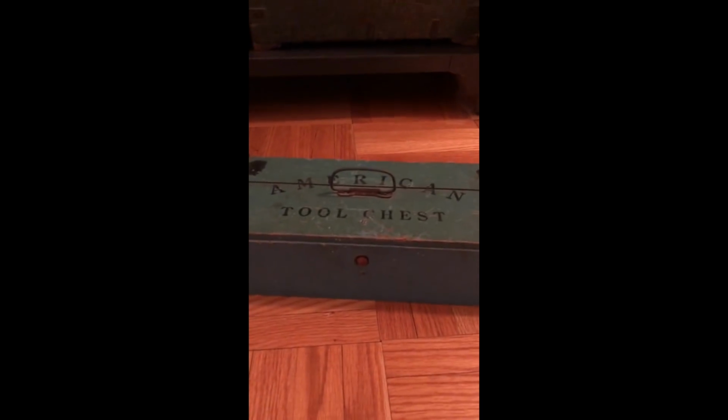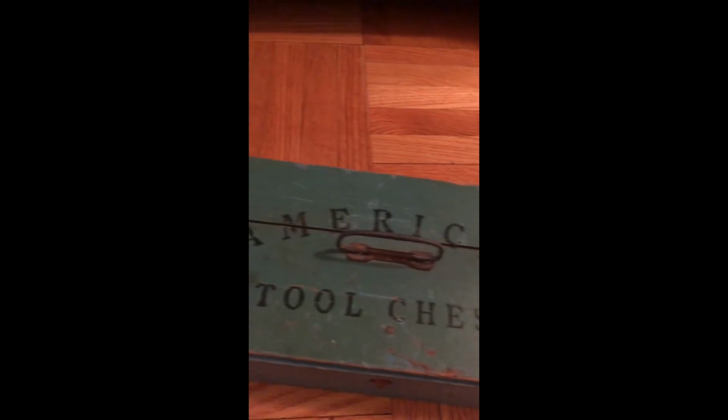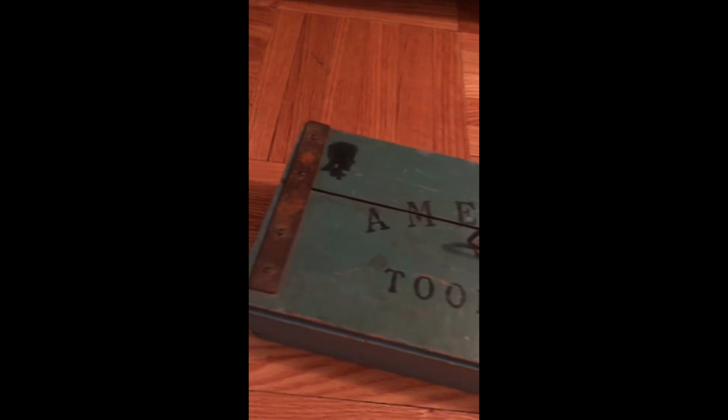So this one's the American tool chest. How cool are these graphics? And that rusty elements to it. And then inside, how amazing is this? It actually comes with a little mini sword. Saw, not a sword. And it's got such great patina. That is so cool. And then my other favorite, I'm gonna take apart my studio for you guys, so sit